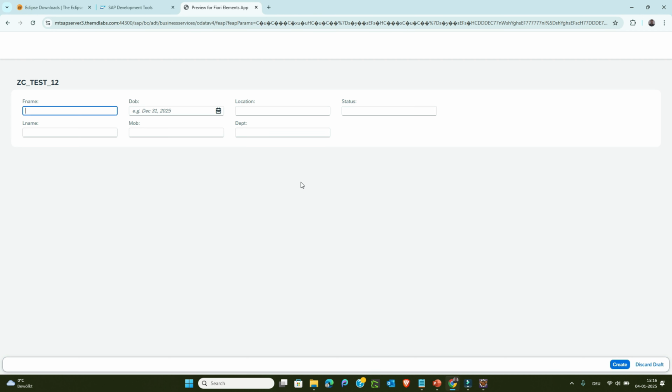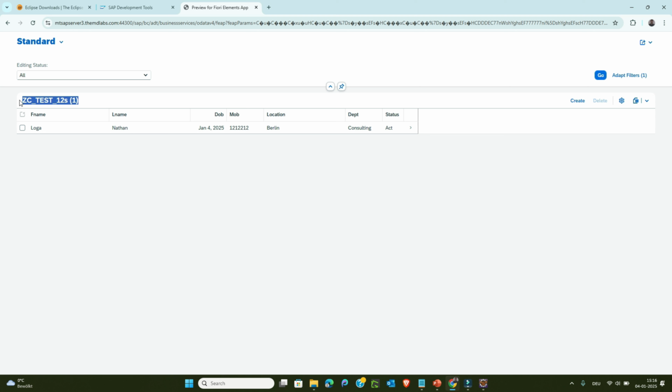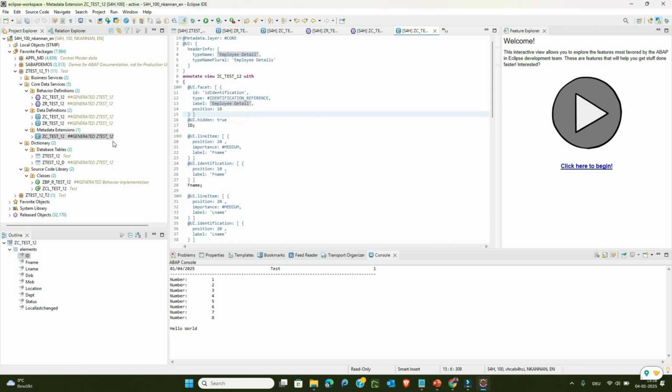Okay, it's not, I discard the draft. Click go button. Okay, it didn't change. It's because of some cache that we need to clear in the backend. Okay, so let's finalize these things, and then we can check why the title is not displayed,